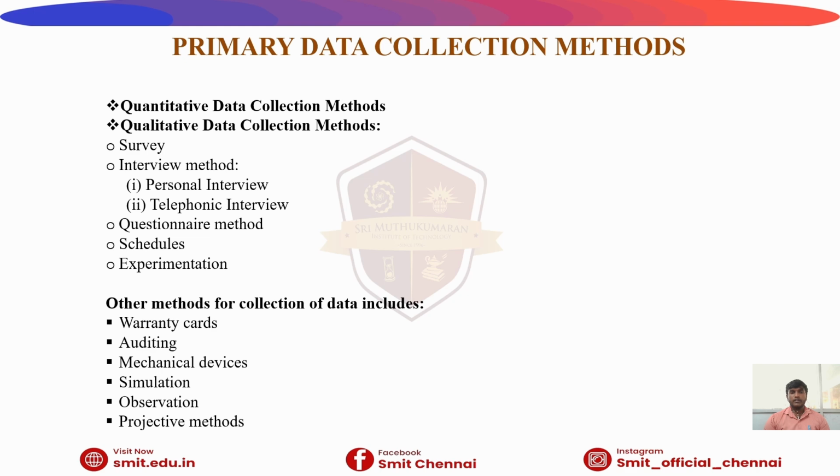Then primary data can be collected through various methods: quantitative data collection methods and qualitative data collection methods. Quantitative methods: surveys, which means a structured questionnaire to many respondents. Then experimentation, controlled tests to measure outcomes. Then mechanical devices, sensors, counters, tracking tools. Then qualitative methods,